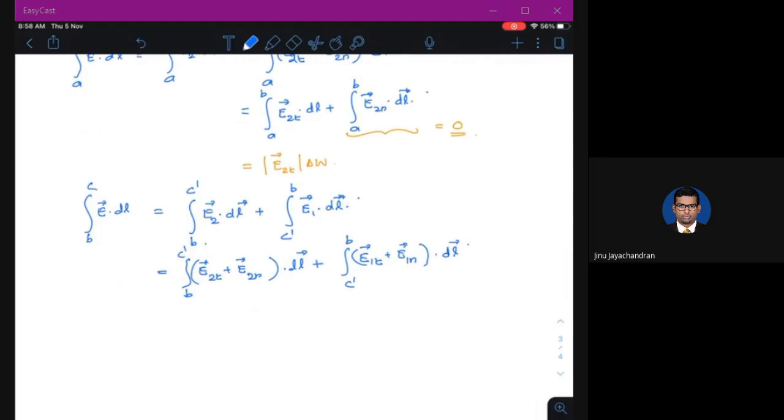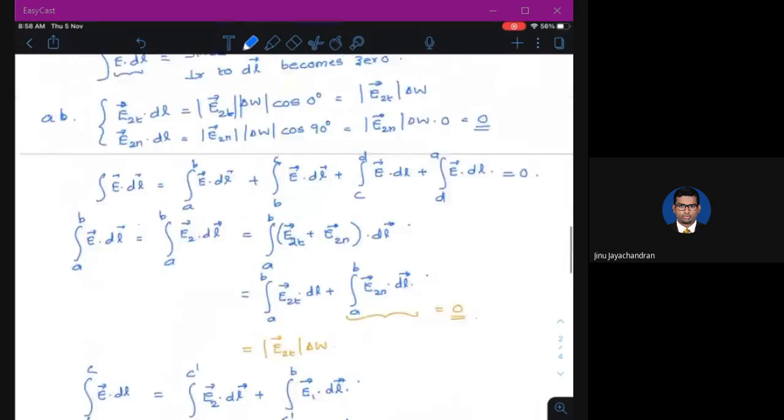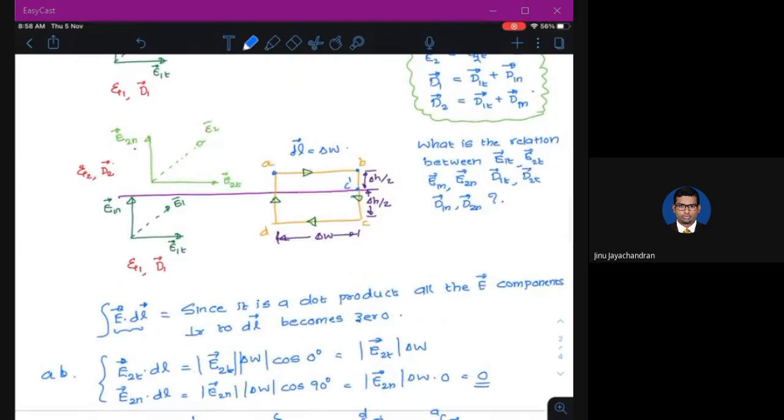Now there is a catch. If you look at the edge here, the component of the electric field which is parallel to this one is the normal component. The tangential vector is perpendicular to this side, so the tangential component will just disappear because it is perpendicular, and only the normal component will come into the picture. Okay. So I can write